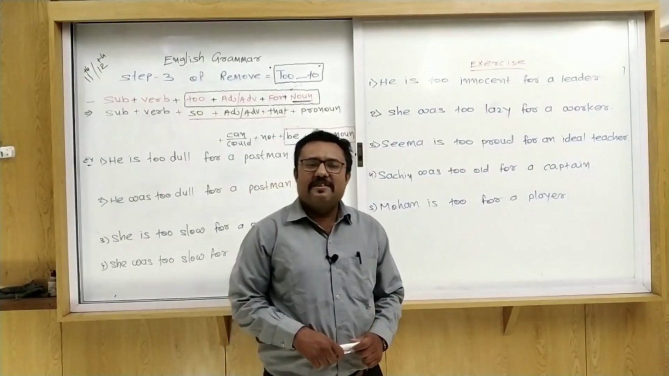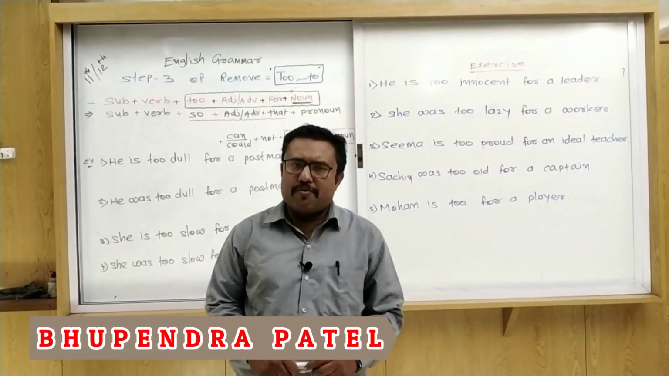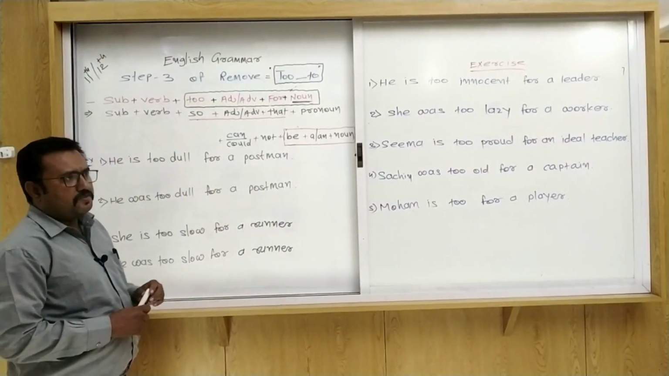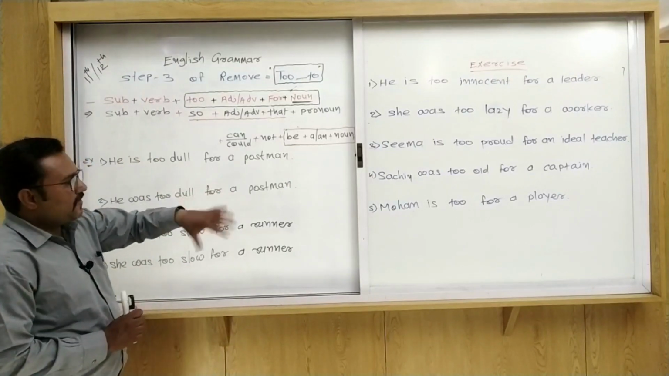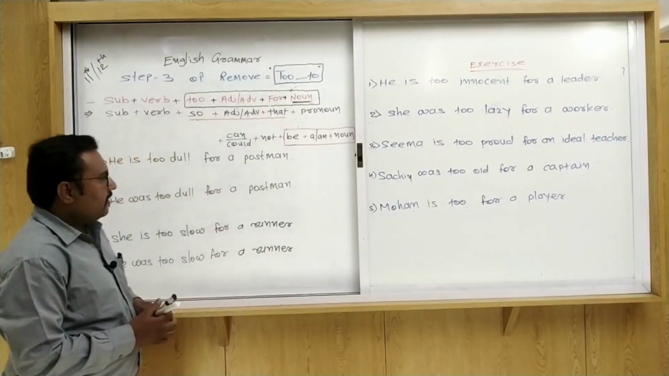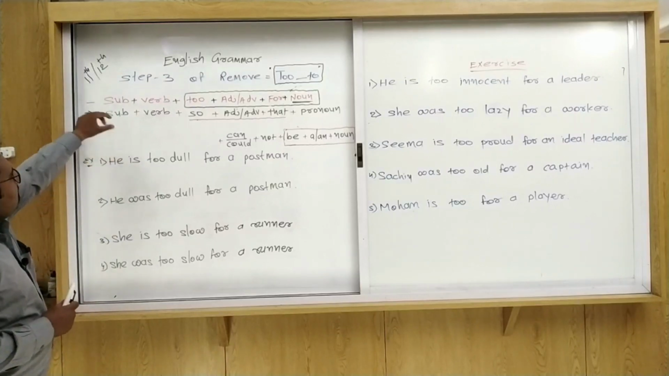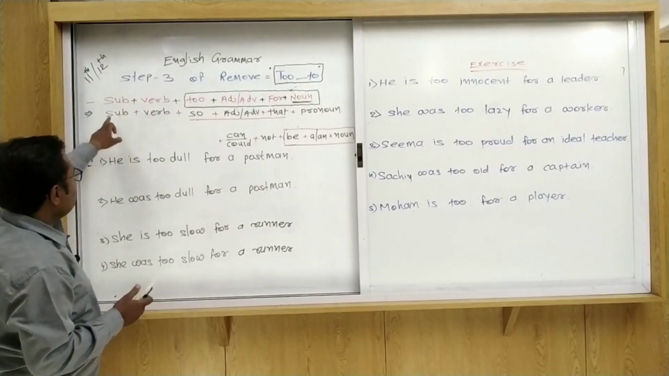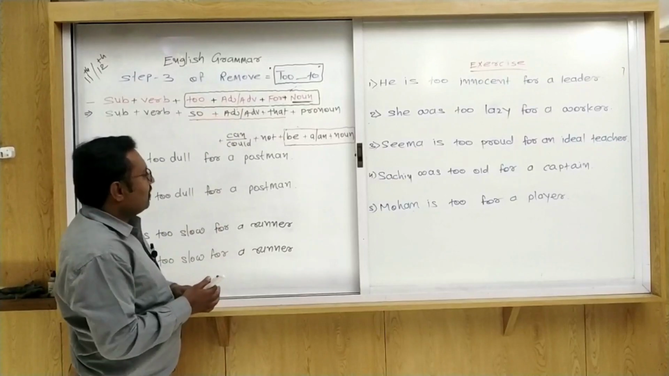Hello friends, today we learn step 3 of remove too. So we already discussed "too" in the first step and second step, and the third step is very easy. Let's see that if the sentence is based on the structure: subject plus verb plus too plus adjective or adverb plus